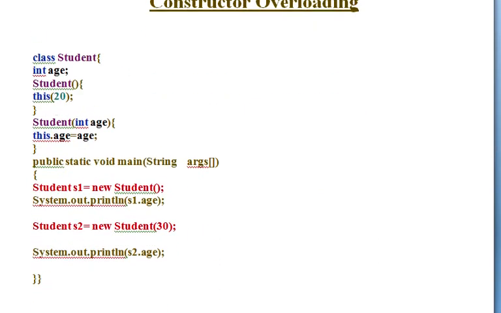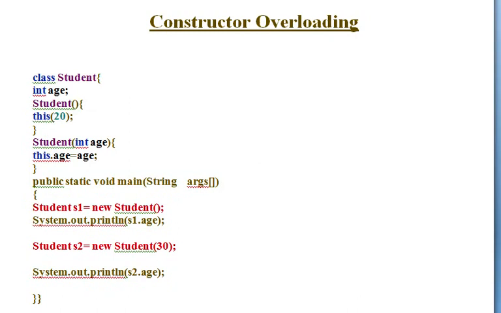Next one is the constructor overloading method. As we have method overloading, similarly we have constructor overloading. We know a constructor has the same name as that of the class, which means all the constructors have the same name and they may have different parameters: 0, 2, 1 or 3. So when a class has a number of constructors with different number and type of formal parameters, it is known as constructor overloading.